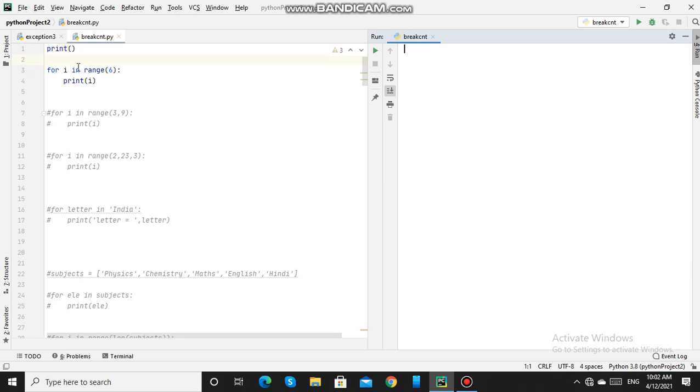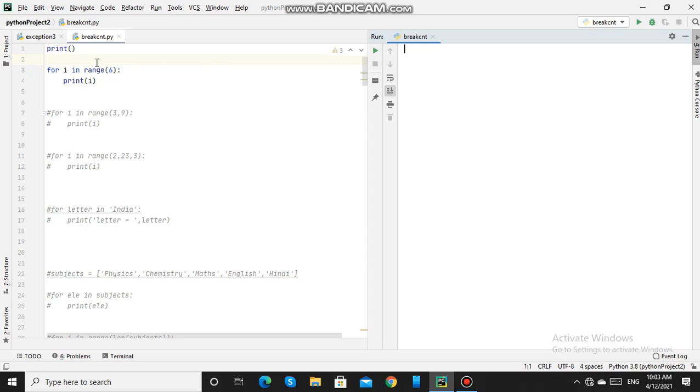Here in this range 6, I have given the index value as 6. So this is the stop index value. I have not provided the start value, so it will take 0 by default.